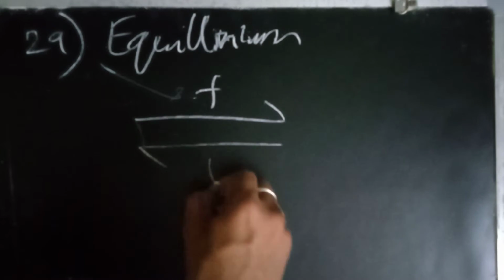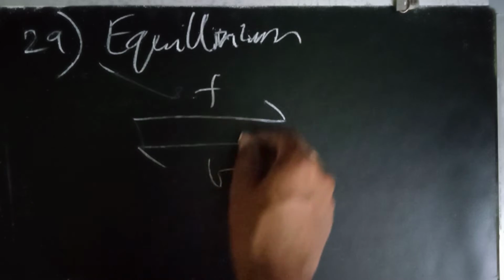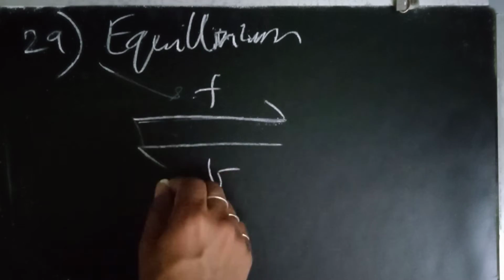Now at equilibrium, the forward rate would be equal to the backward rate. They will not stop. So there were four options, and the right answer was that the forward rate is equal to backward rate. So it is not that forward rate would stop or both rates will stop. No, they will be there, but they will be equal. So nothing is actually, net movement is zero.